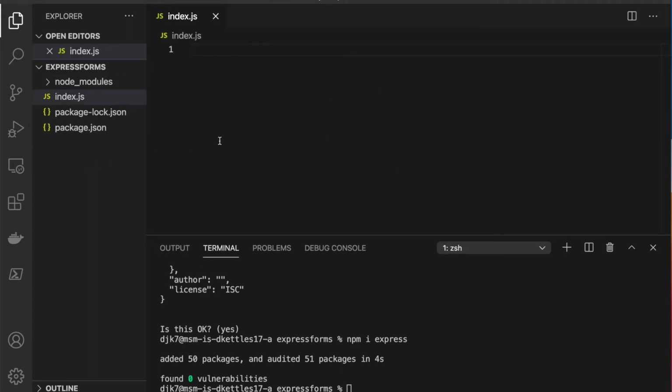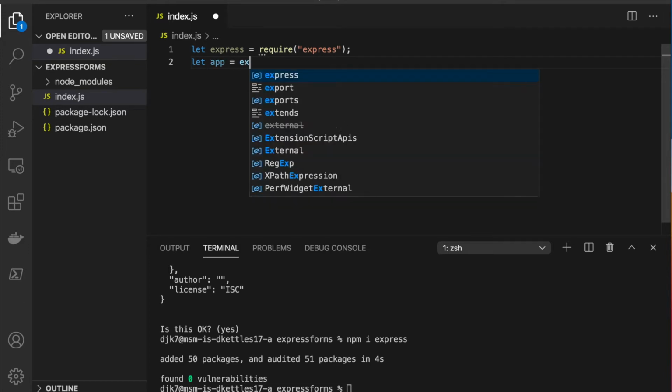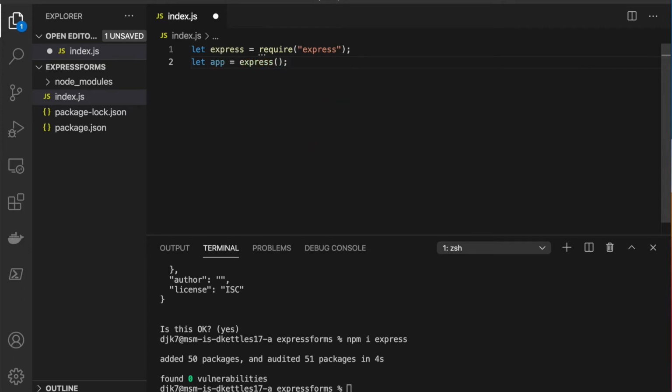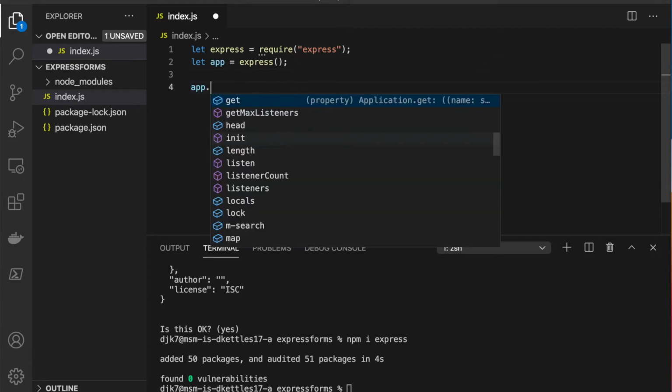First thing I'm going to do is import the library from the module. Then I'm going to create an app variable, which is an instance of Express. Right, now I'm going to create a default route here, app.get,